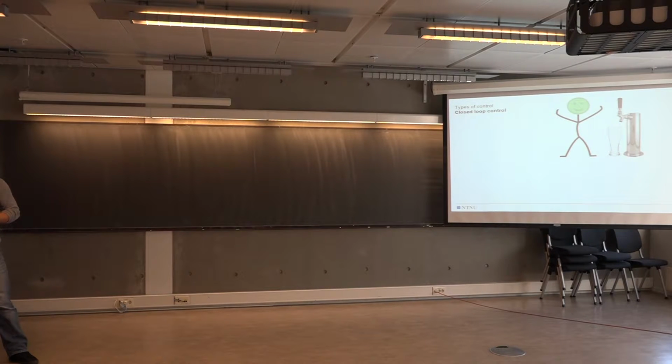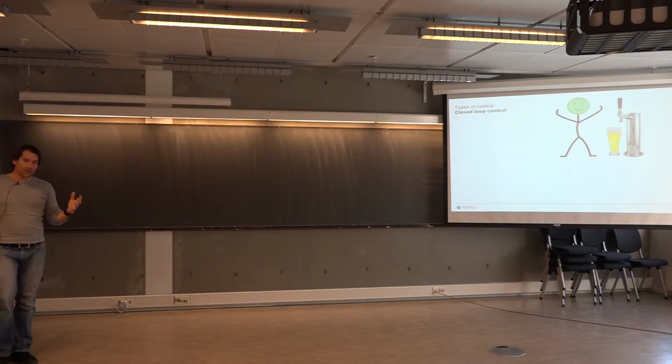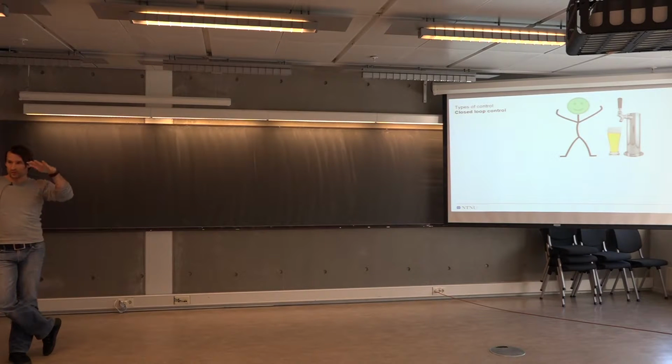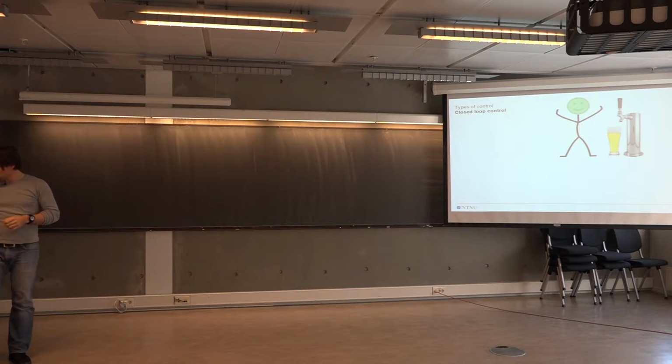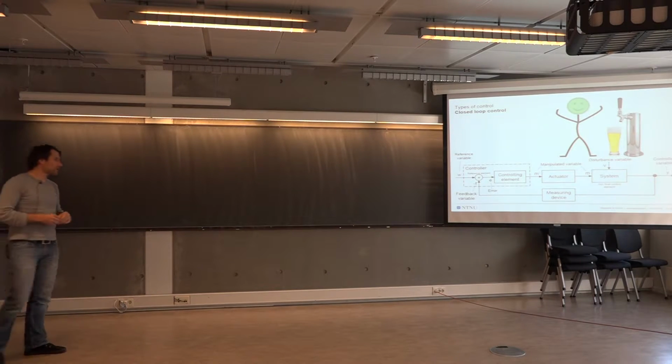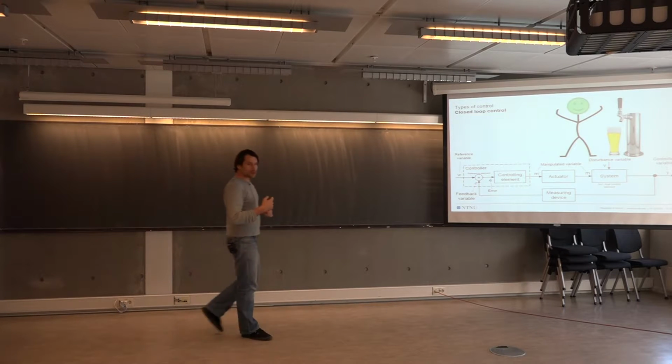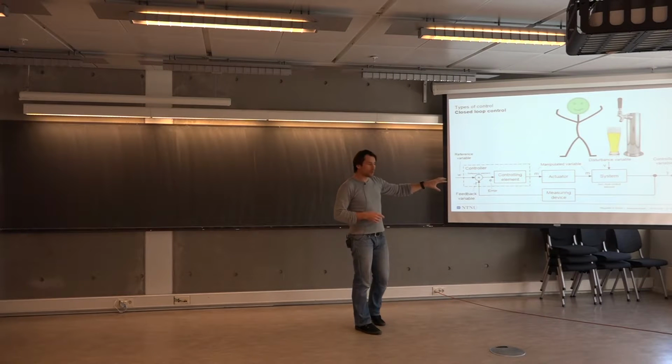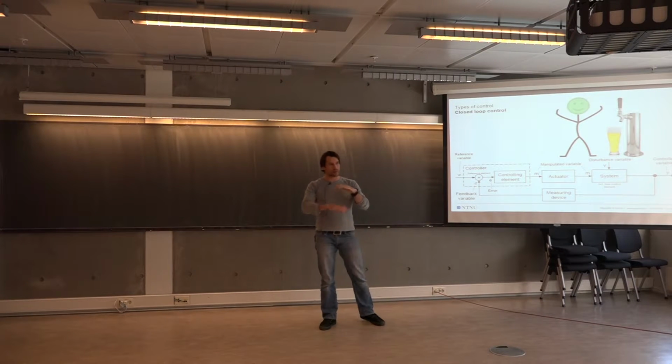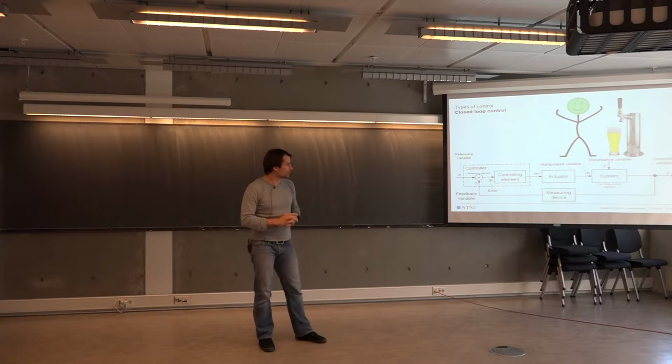Whereas, let's take another example. This guy is doing his job properly, filling up the beer, and then actually carefully pays attention to the level of beer in the glass, meaning his eyes, the sensors, provide a signal to his brain. His brain, the controller, processes that signal appropriately, and eventually he stops the flow of beer into the glass. The difference to the previous picture is that now we have a sort of measuring device, the eyes, which observe the level of beer in the glass continuously over time,